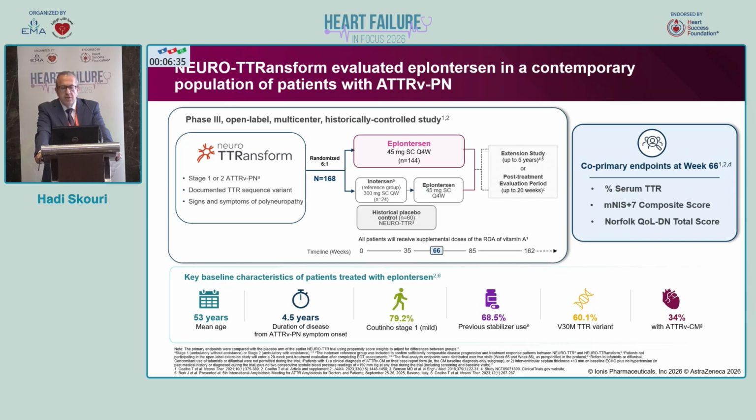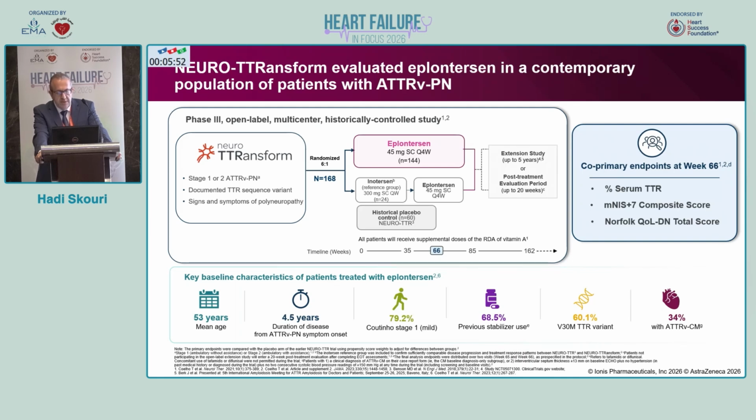They were randomized in a 6:1 ratio to either eplontersen 45 milligrams sub-Q every 4 weeks, which included 144 patients, versus a control group from the inotersen study, a previous study, 300 milligrams sub-Q, 24 patients. After 34 weeks, they shifted them to eplontersen 45 milligrams, and they followed up these patients for 5 weeks. And the historical control group, because it's unethical not to give these patients treatment, was from the NEURO-TTR study, 60 patients